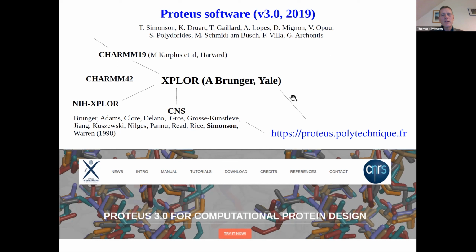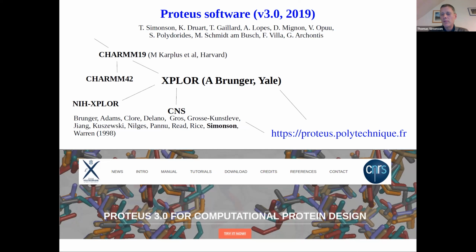And what these programs, and also Proteus, have in common is that they share a lot of their logic. One thing is they each have their own scripting language. And that actually works maybe surprisingly well, surprising maybe for younger people in the audience. And they share a lot of data structures.